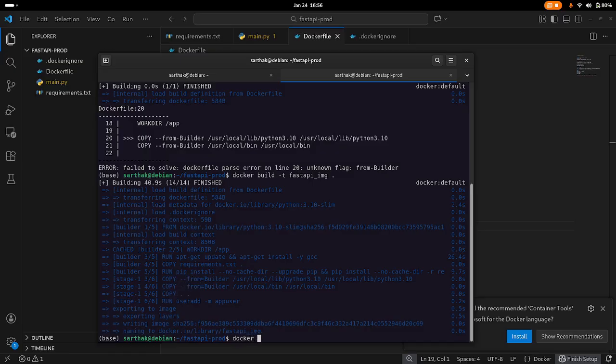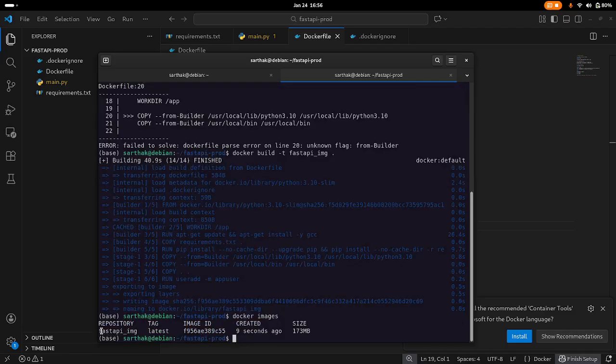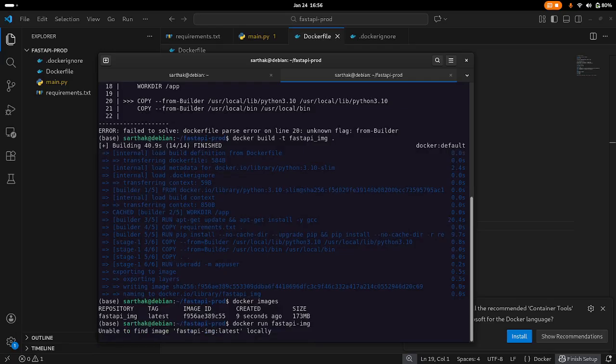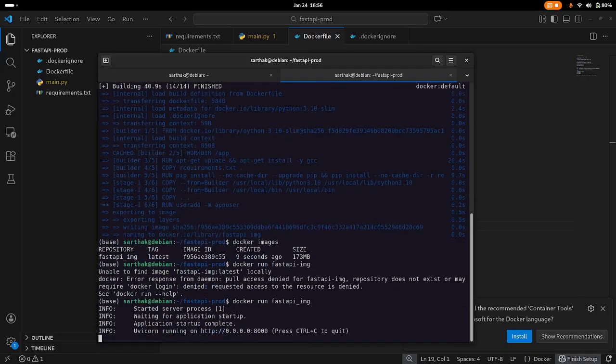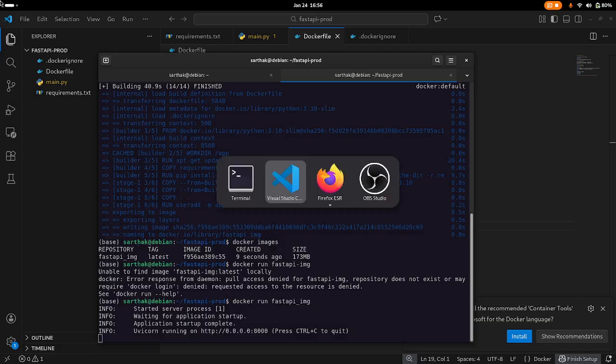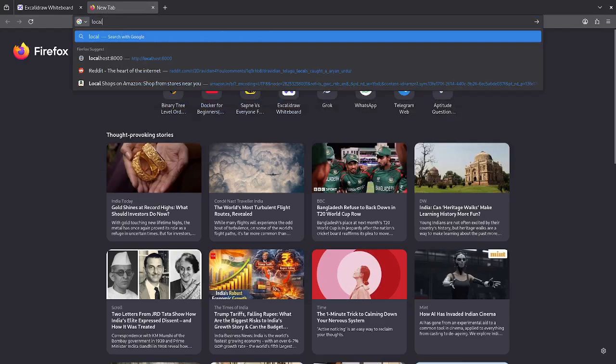Now if I check docker images, here you can see the name of the image, that is fastapi-img. Now I need to run fastapi-img. Okay, now here you can see that it's basically running on this localhost. Now if I go to the browser and click on localhost 8000,